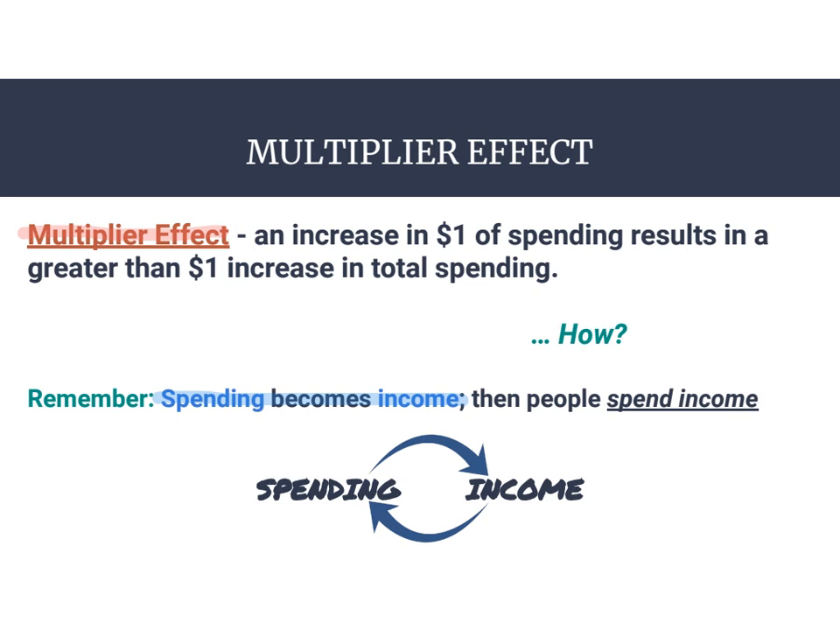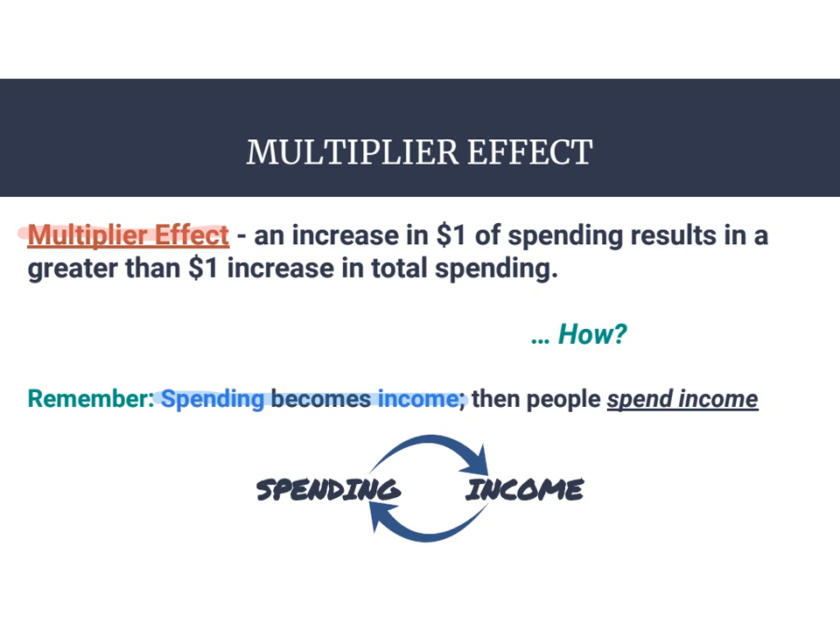But if you remember the circular flow model, we identified that households earn money through income, and then what do they do with that income? It becomes more spending, and then that spending, the money goes back to businesses, which then becomes more people's income. So when you spend $1, that dollar becomes somebody else's income, and then they take that dollar and